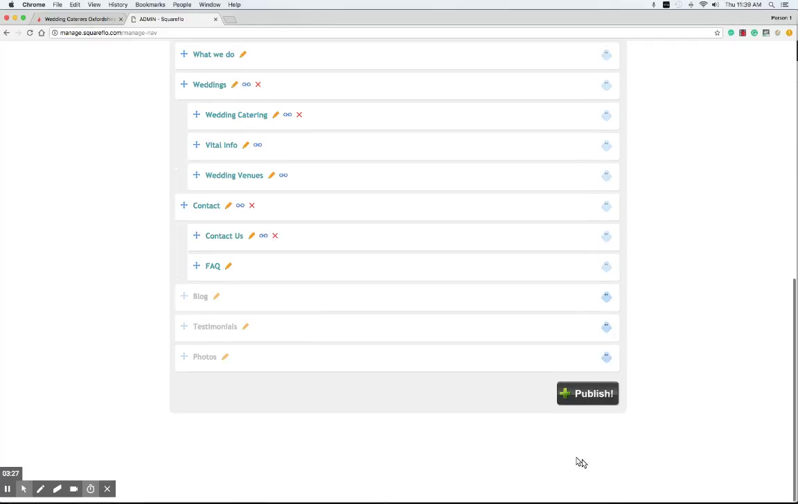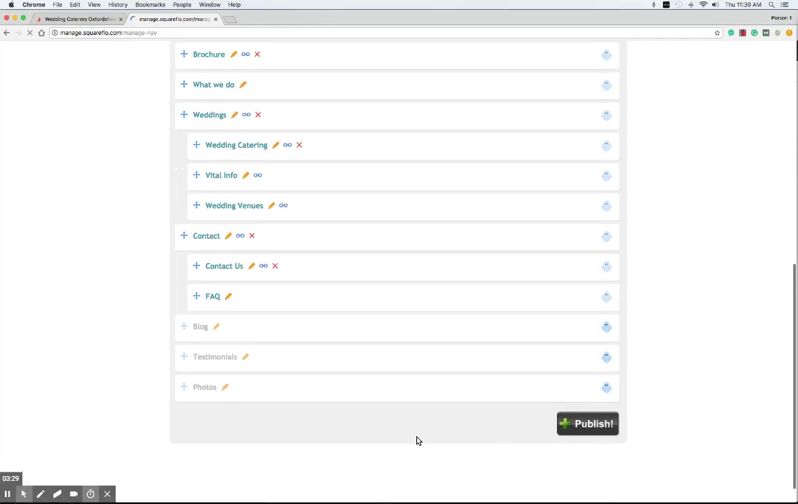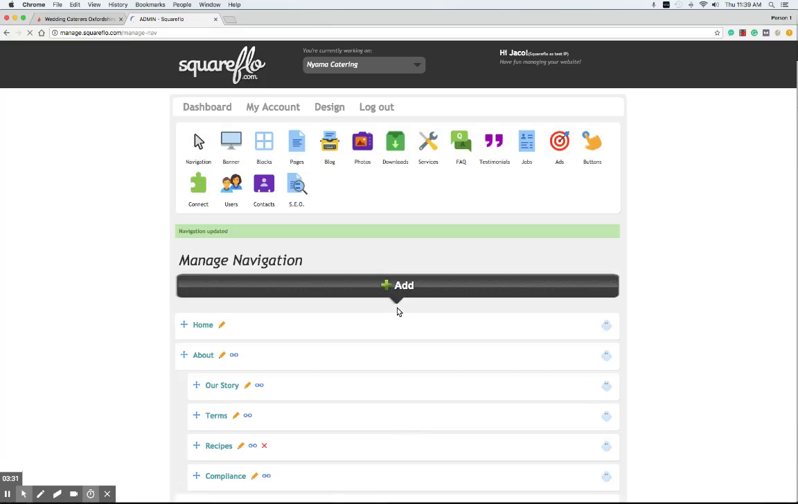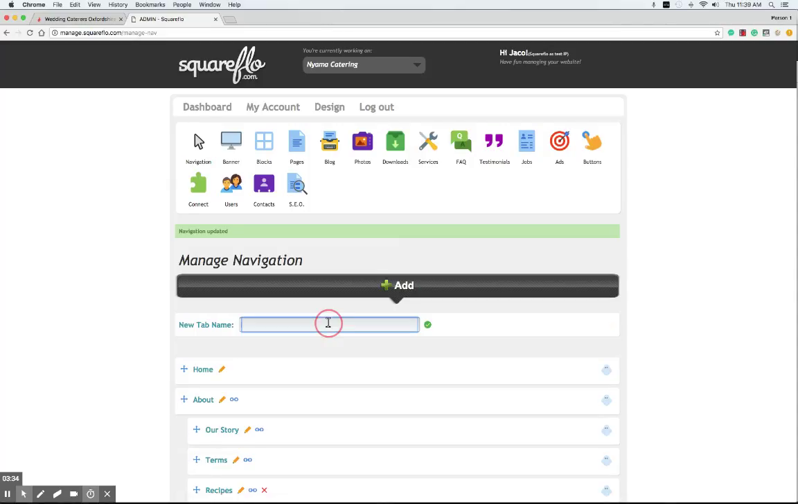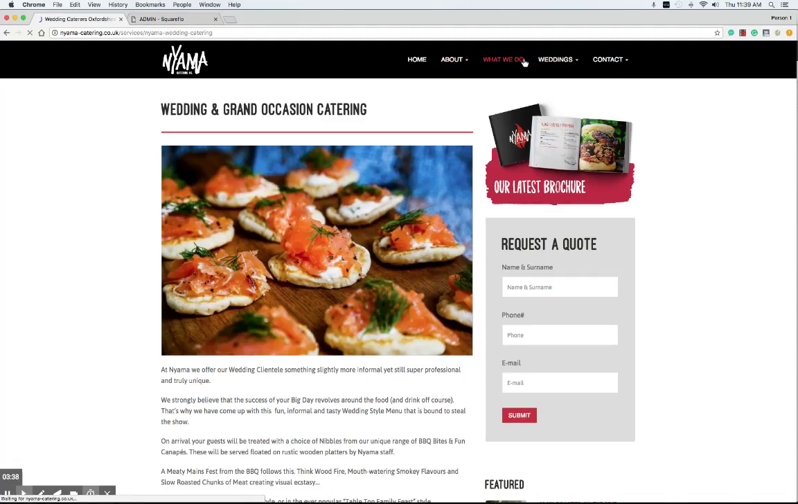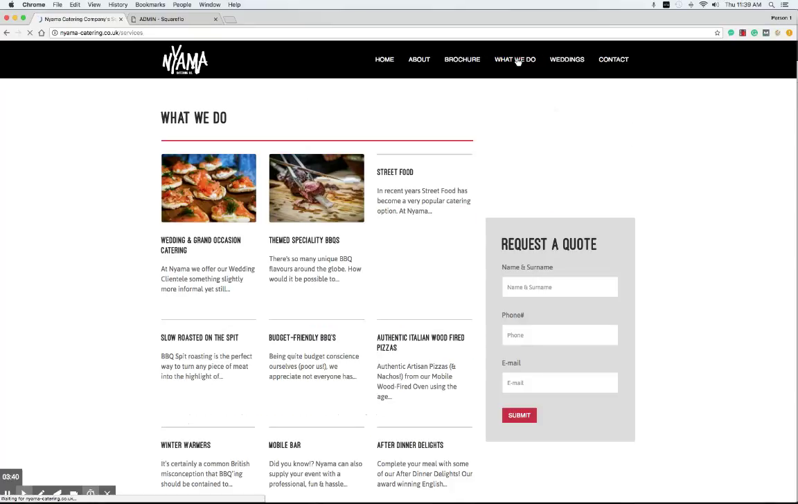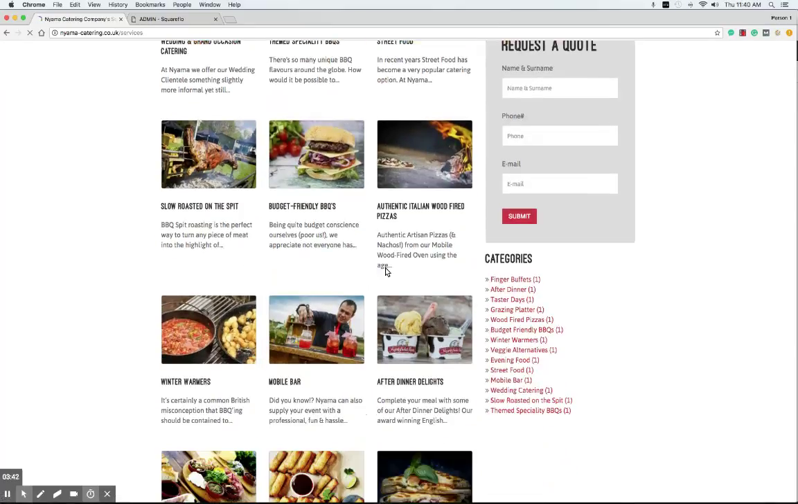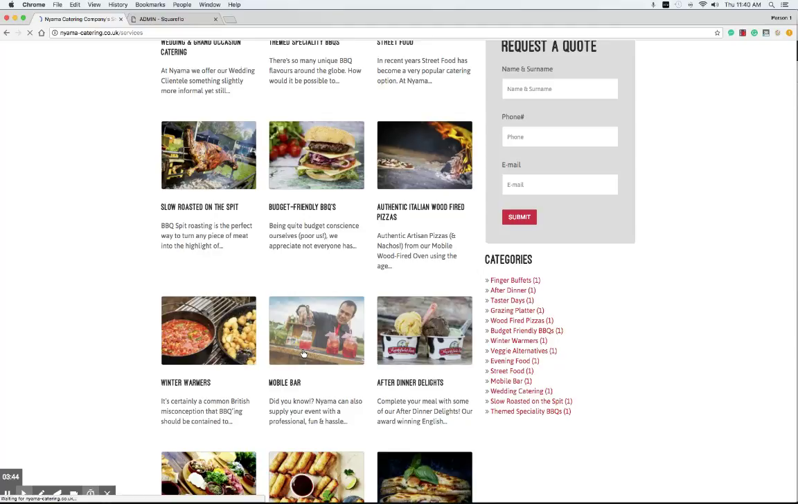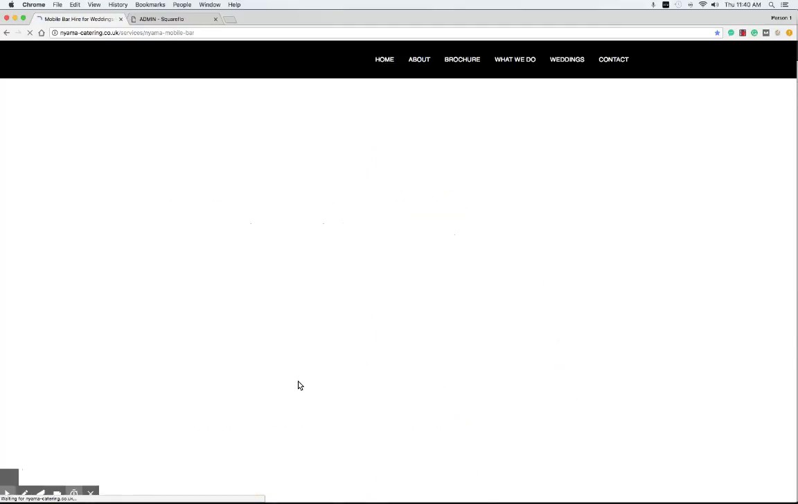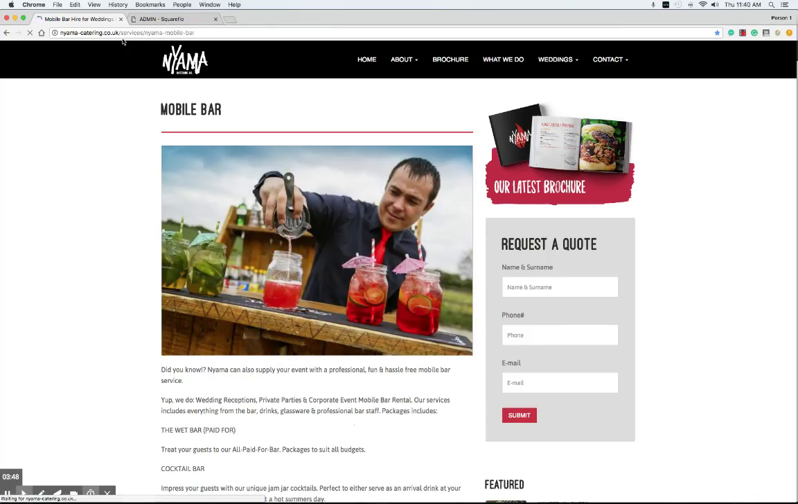You can also, I'll just publish these changes that I've made. So you can also add a tab. So for example, on this website, I'm going to make a tab in the navigation that draws attention to a particular service. So I'm going to make a tab in the navigation that's called bar, and I'll link it to this service here. So what I'm going to do firstly is copy the address of the page that I want